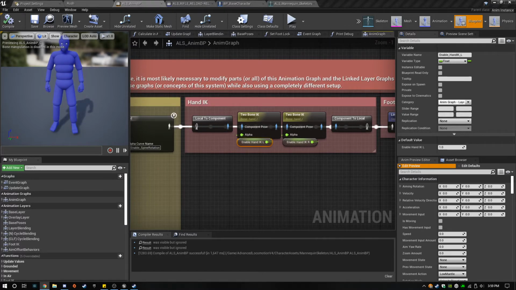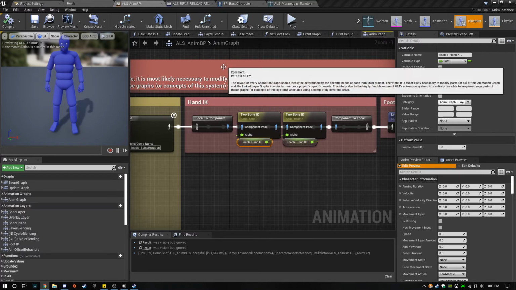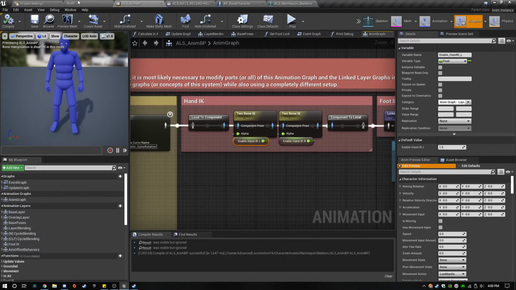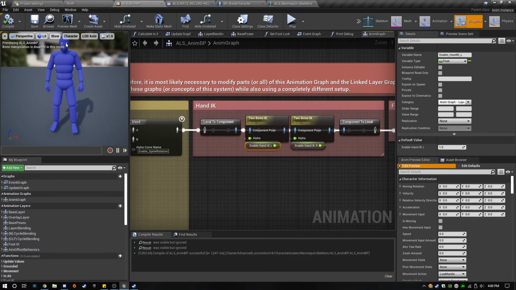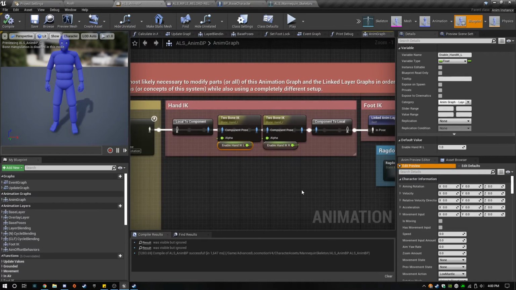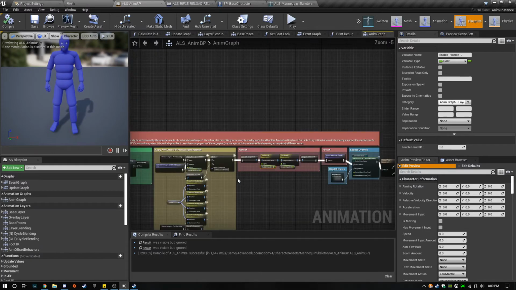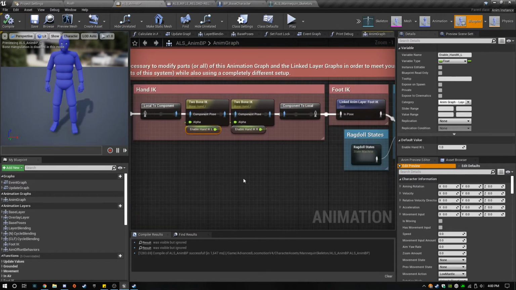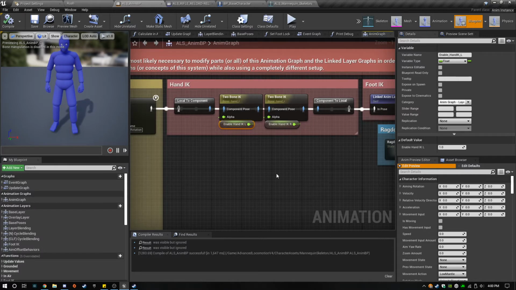Let me see here. That does work though. So before we go further with this, what I would like to do is make a reloading branch here instead of just bypassing it completely.